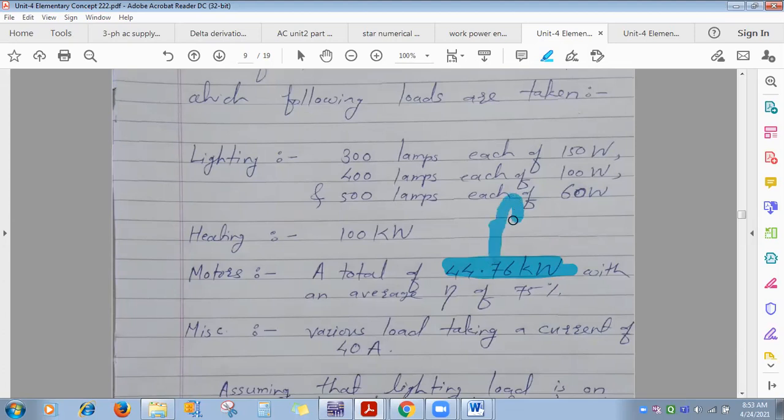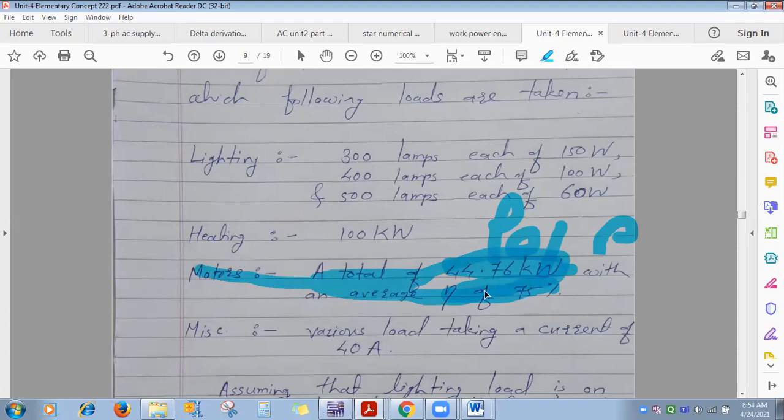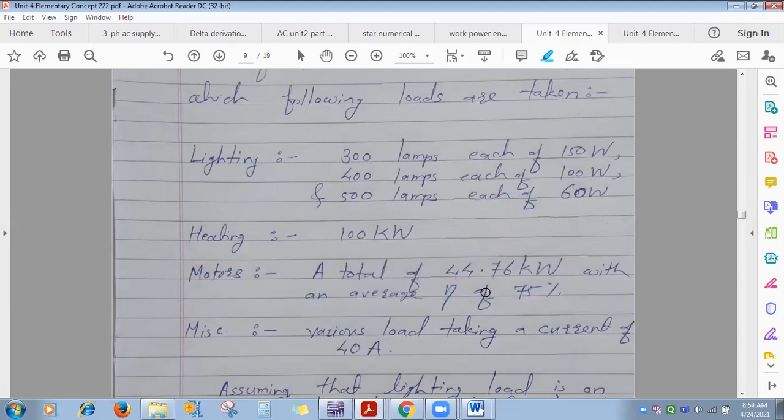So this is the output given and efficiency given. 75% means what can you calculate? For the motor, if you know the efficiency and the output, what can you calculate? Efficiency is output power by input power. Efficiency, all of you know, is a ratio of output power by input power. Means output, efficiency you know, input power you can calculate here. Got it? Input power you can calculate. Everyone, please keep in mind, if it is a motor and its power rating is given, that is the output of the motor.